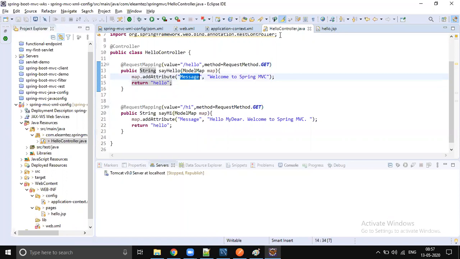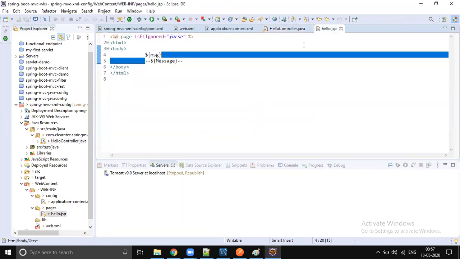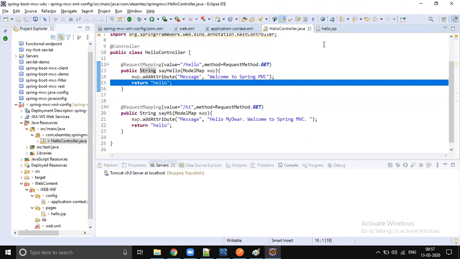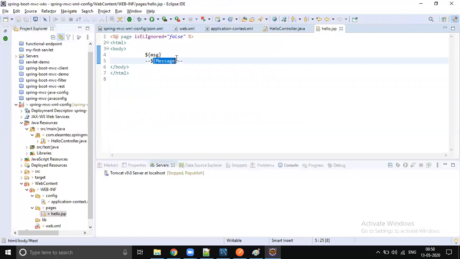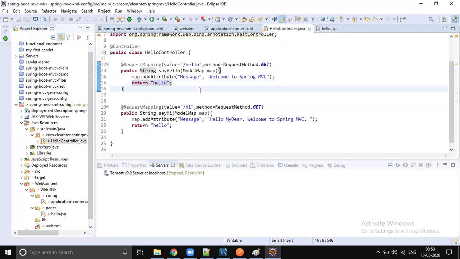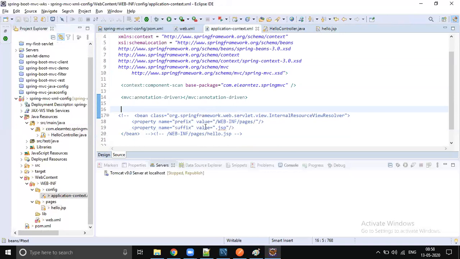Right now we are in the controller. Now we triggered hello and the flow is coming into hello. Now from the controller, I want to go to this JSP. I just want to instruct Spring, saying: can you please render this JSP and show this message? When you would like to instruct it this way, then you configure this view resolver. Only then do you configure this view resolver.